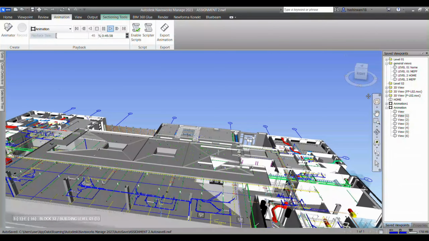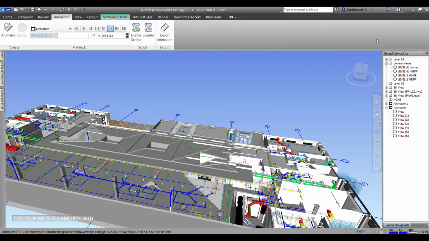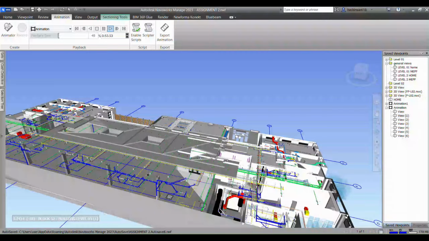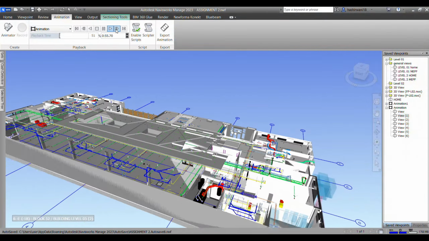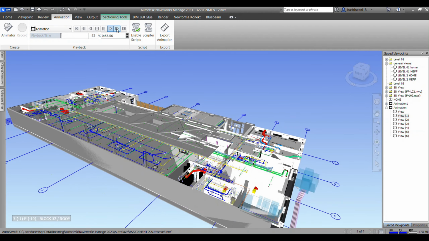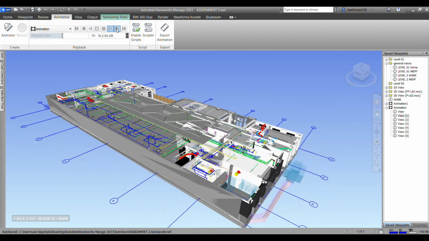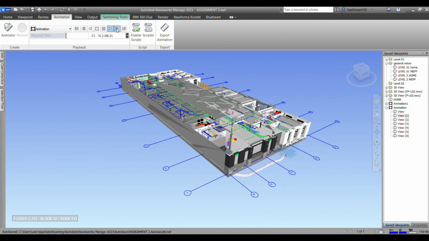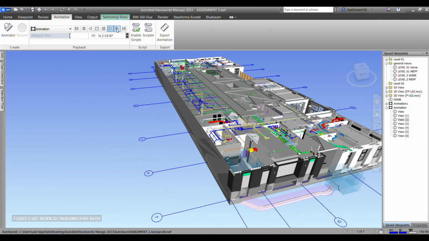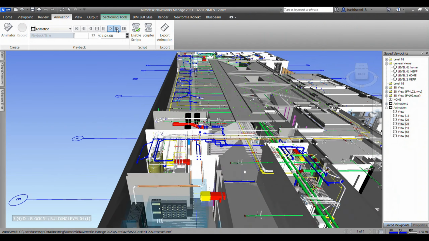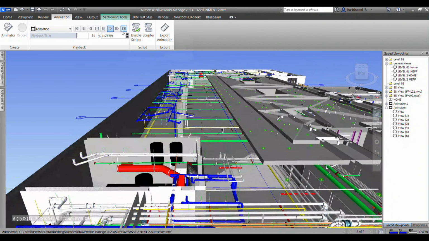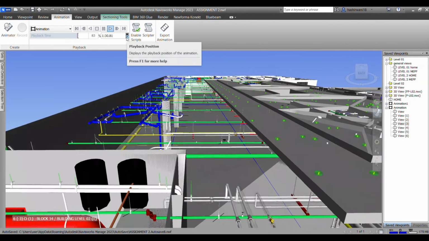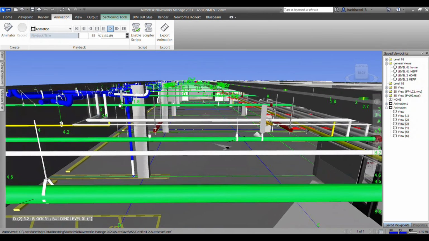So let the animation play. We can fast forward it using this button. So I'll just move it a little bit quickly, guys, using this option here, and now it will go inside and we'll be able to visualize all our MEP elements